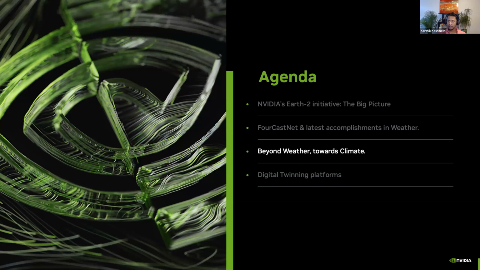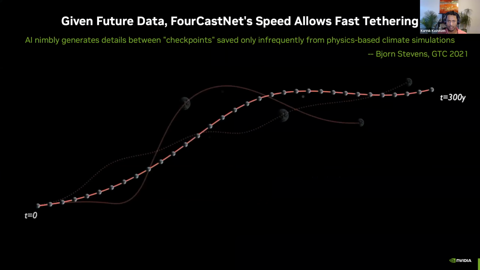I'd like to touch upon a few things that are brewing right now, which is moving away from weather towards climate. There's still a fair amount of work to be done on the weather extreme, but we're looking towards climate emulation at longer timescales. So I want to bring back this figure that Bjorn Stevens proposed last year at the GTC keynote that he gave. If you have one of these trajectories of these very high resolution numerical simulations at, say, kilometer scale for over 300 years, one challenge is that, of course, it produces a humongous volume of data, about an exabyte